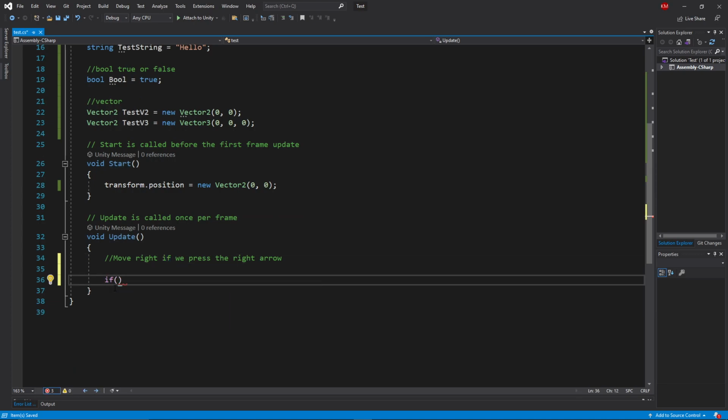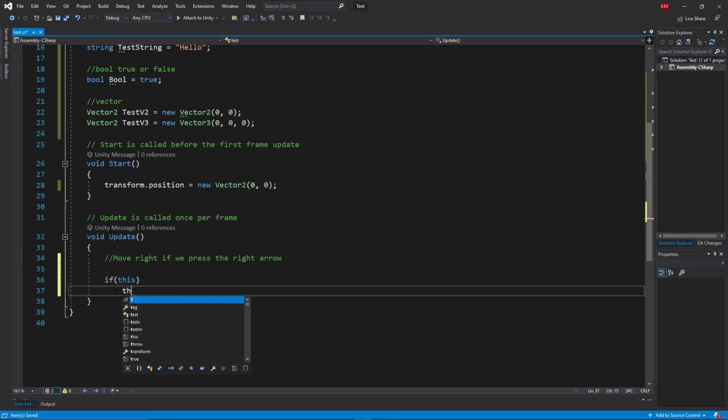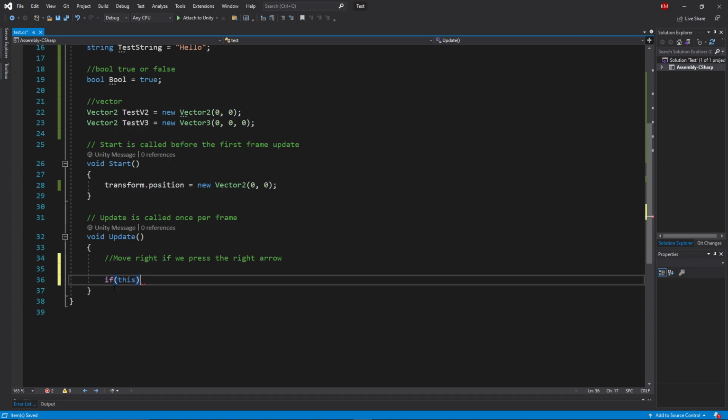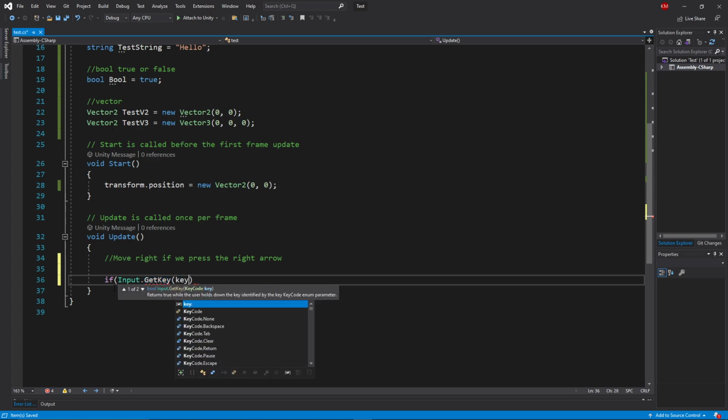Then you have to add these brackets to say when. So if this, and then do something, you know? Whatever you say in here will have to be done. So if input, because we want an input from the keyboard, get key, because we want a key. You can write key code